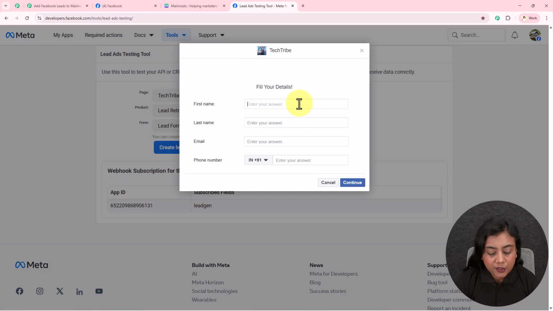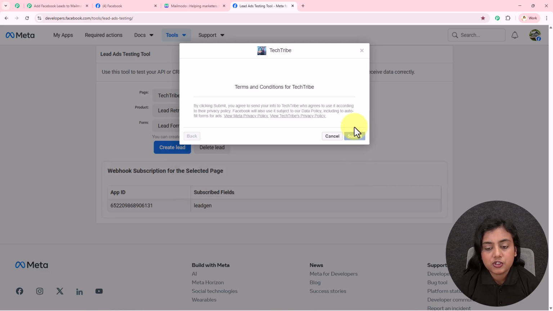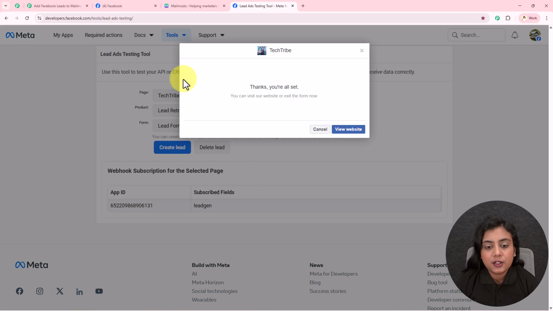Okay, for my first name, let's suppose I'll write it as best. For the last name, I'll write over here as account. For the email, I'll write it as bestaccount@pabblytudes.com. Then it is asking for my phone number, for which I will enter a dummy mobile number. And then click on this continue button and on this submit button to generate the test lead. As now this test lead has been generated, in the similar manner, your live lead will be generated,